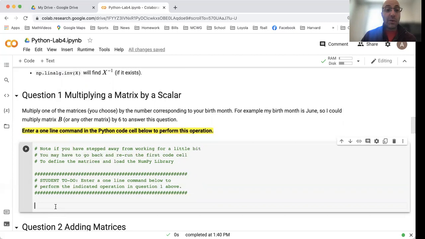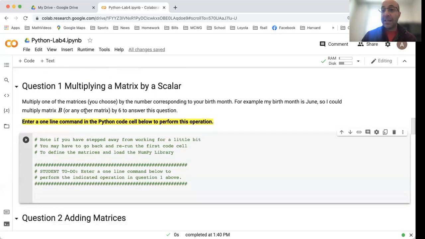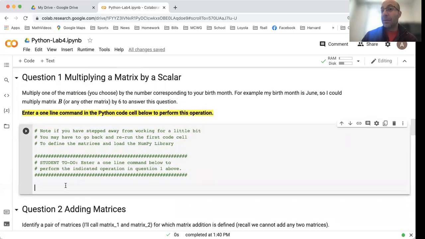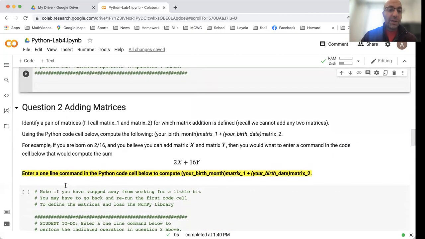So that's all you need to do in question 1. There's nothing to type in the text cell, just 1 line to enter in the code cell. In question number 2,